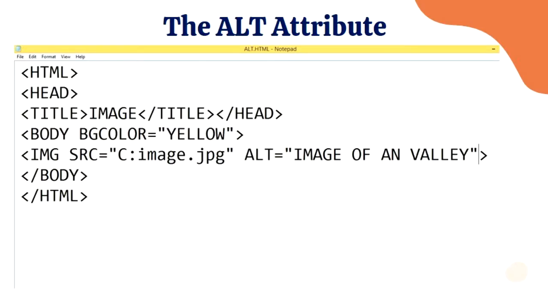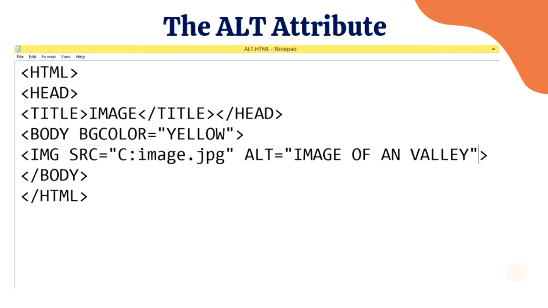Let us move on to the alt attribute. So what is the alt attribute? It is used to define an alternate text of an image. The value of this attribute is an author defined text. The alt attribute tells the reader what he or she is missing on the page if the browser cannot load the image. The browser will then display the alternate text instead of the image. It is a good practice to include the alt attribute for each image in a program.